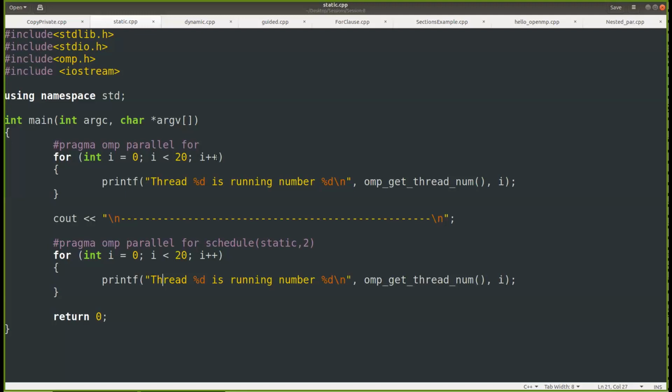We cannot guess, it can be different numbers each time. But in the second case, as we mentioned, it is a static one. Each thread will be given a chunk size of 2. For I values 0 and 1 the first thread will pick up, and 2 and 3 will go to the second. If there are 4 threads, then it will be equally distributed among 20 values.